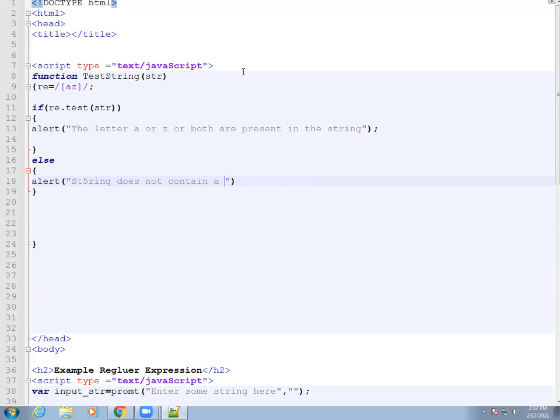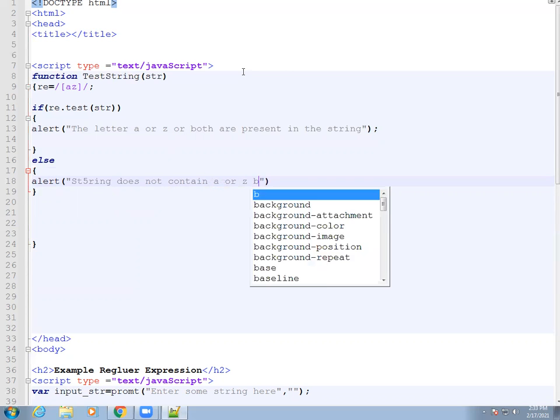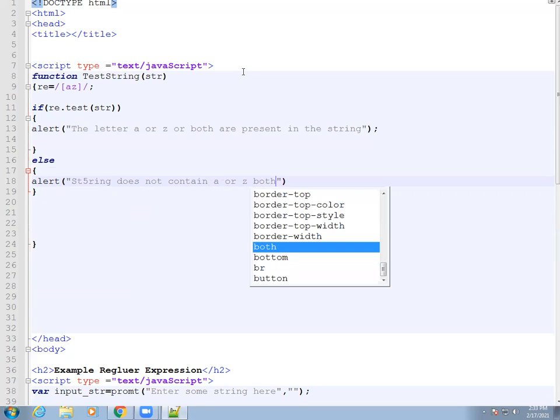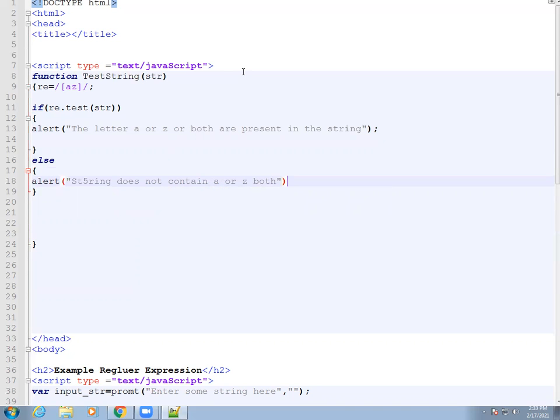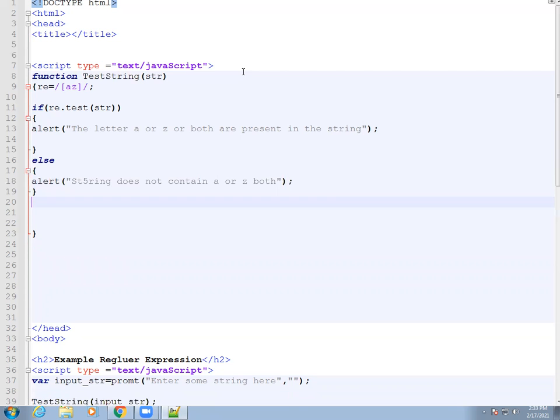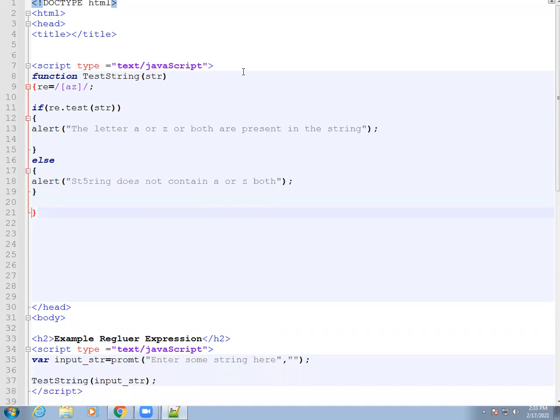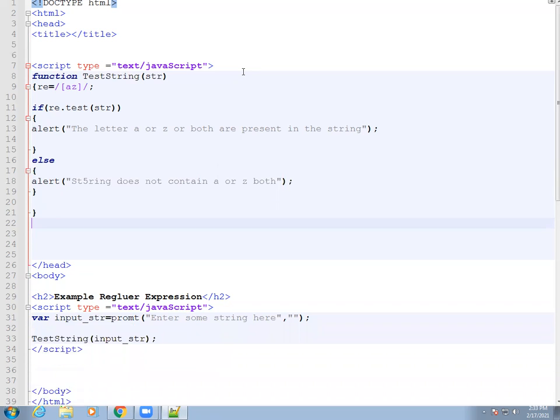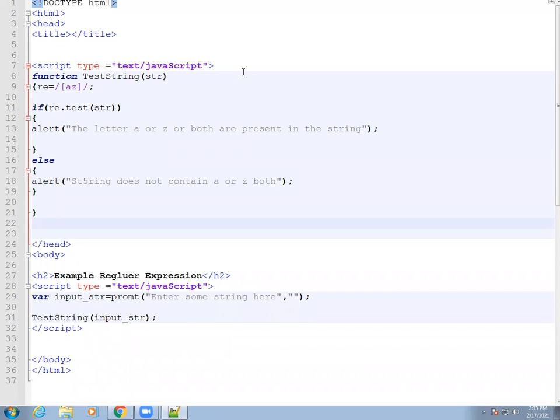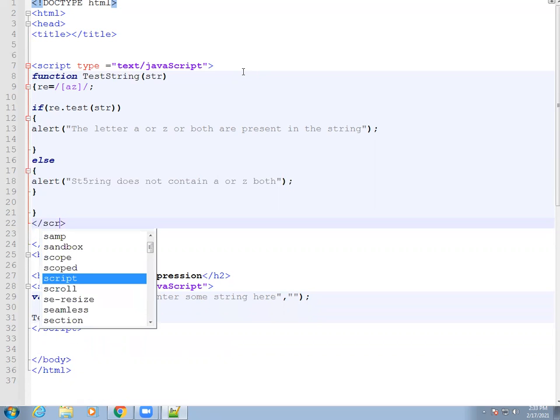Give the semicolon at the end of the statement, and we close the opening brackets we opened earlier. Let's close the script tag.